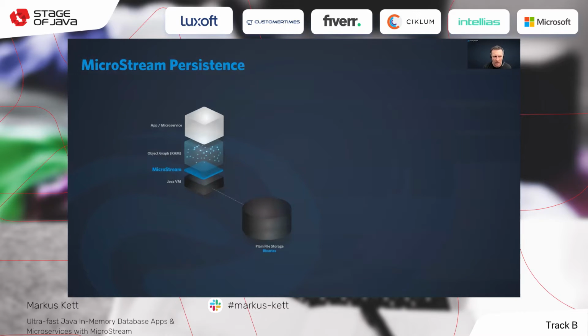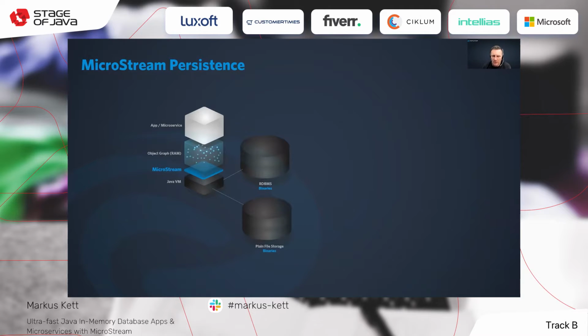So build any Java object graph in your memory, keep it in your memory, and with MicroStream you're now able to persist any object and even subgraphs, and vice versa, load any object reference or subgraphs into the memory, and MicroStream merges the object reference directly into the object graph, so you don't have to deal with object copies.